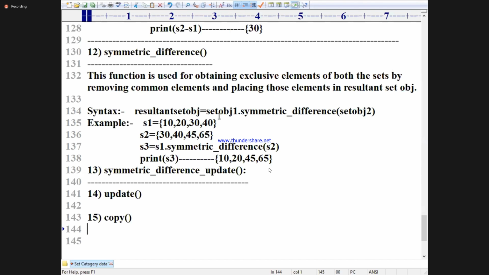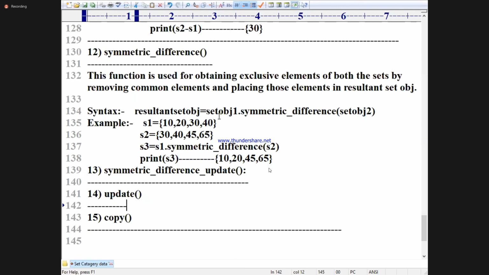If I modify one set, it is supposed to modify the other set also or not? Possible or not possible, you decide. Don't take my words as it is. I may jump this side or that side. Okay, let it be. The next day when I come back, I will discuss. Up to that, today we completed.